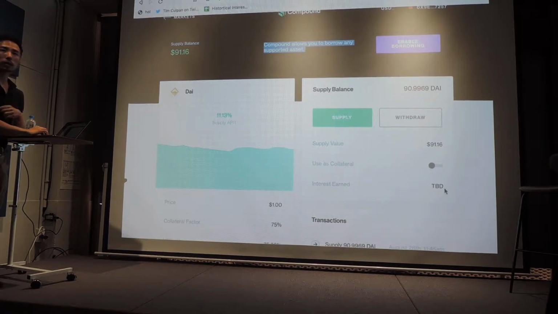So do you earn interest right now, or do you get notified when it gets used? So it's being used all the time, and the money is completely fungible. So your DAI is no longer your DAI. It's just the compound DAI. It's completely the same as anyone else's DAI.